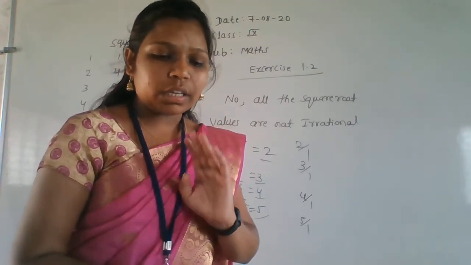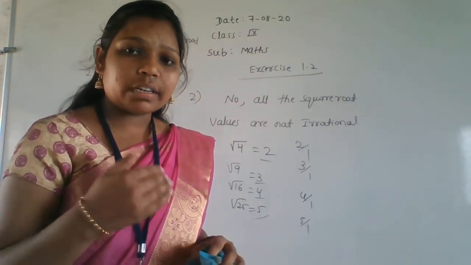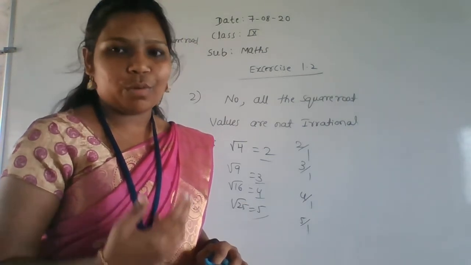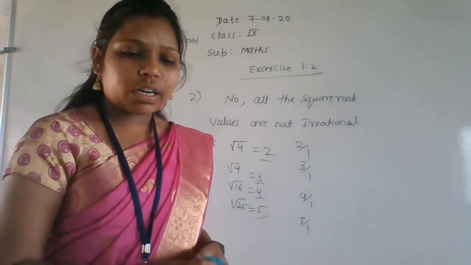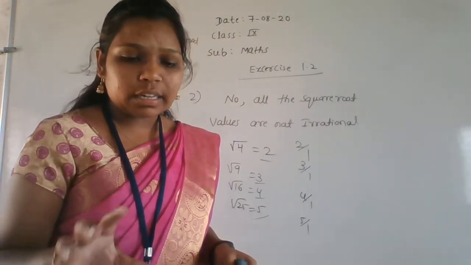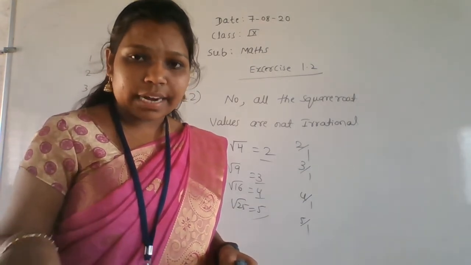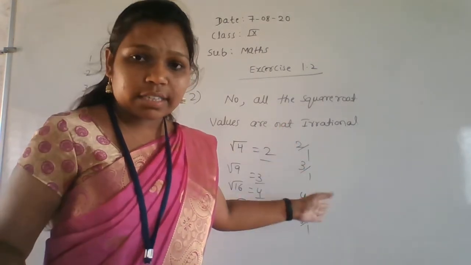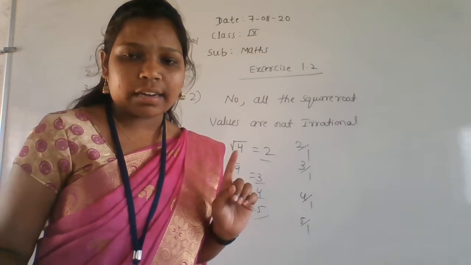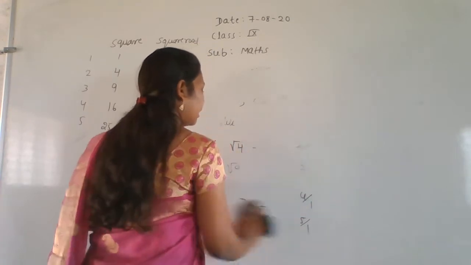So please go through the fourth question. That is a classroom activity, but you are not in a classroom, you are at home. So just assume you are in a classroom and do the activity at home. Whatever I am going to tell you, you have to do it in your notebook. Take all the things: compass, scale and notebook. Keep all things beside you. I am giving a suggestion: you have to do it step by step. Then you will get the answer. Otherwise, you will not get the answer. Okay. So be ready with that. I'll tell you one by one, step by step.